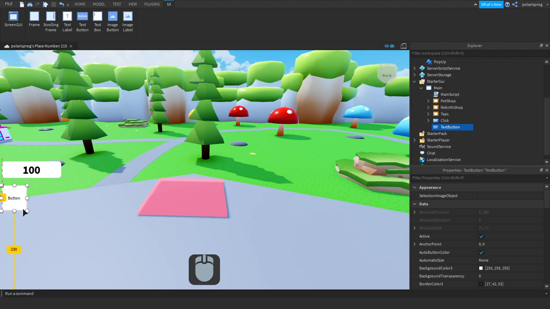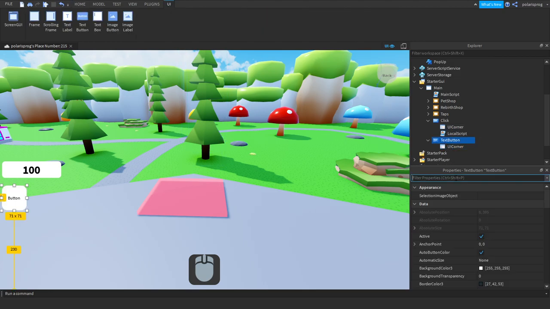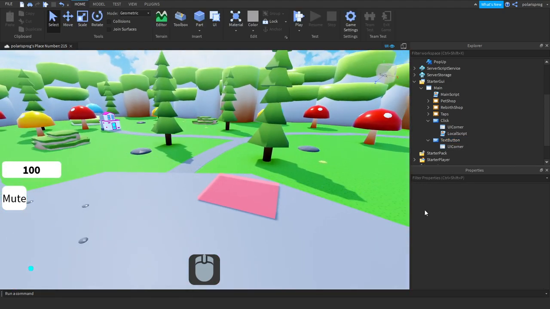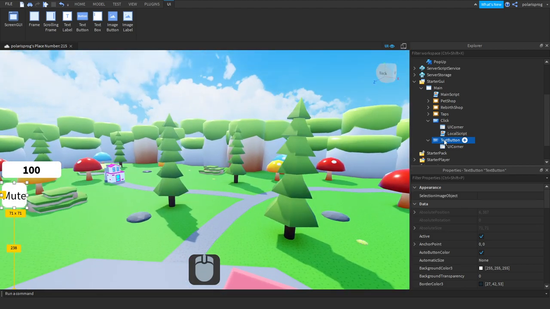And we're gonna put it here, and add a little UI corner to it, and change the text to mute, text scaled. I'm not going to worry too much about the UI, I'll do that later, but let's rename this to mute,